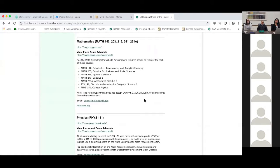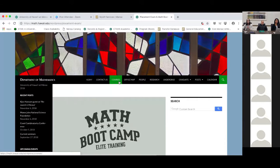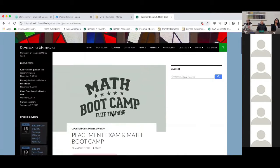So if STAR is suggesting for you to take a pre-calculus or calculus type of math, and you may not be transferring in with that particular math credit or the prerequisite completed, you will have to take a math placement test as well too. So the math placement test, this one, it's actually an in-person placement test, but students do have the option,